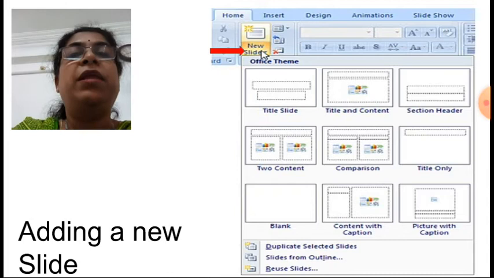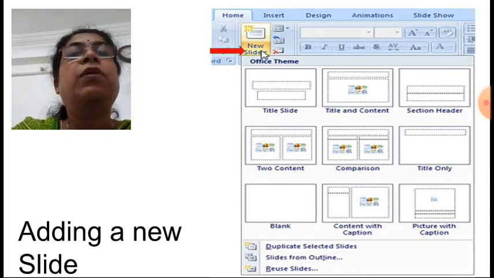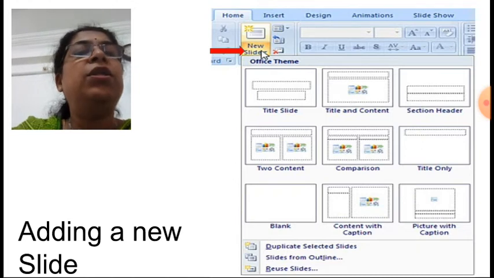All of you know by this time what the layout is. In short, how the slide will look, where the content will come or the pictures will come, all that is decided. A pre-decided slide structure, that is called the layout. Okay, so you have to select the layout of the slide from this. According to that, a new slide will get inserted.